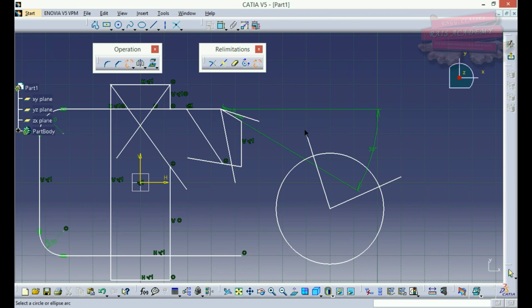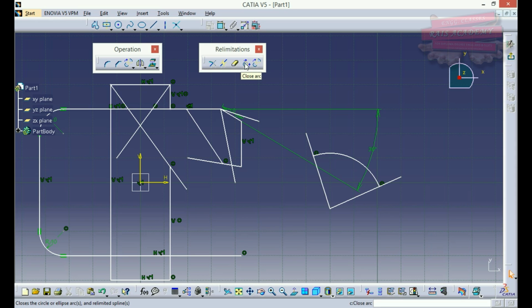Suppose if I'll just undo it. Now I'll select the arc and I'll click it. The complement of the arc means the arc which was created would get deleted and the part which was not created would get created. That means the part which we could earlier see is deleted and now the other part is created. Okay, so this is the way in which this command works.